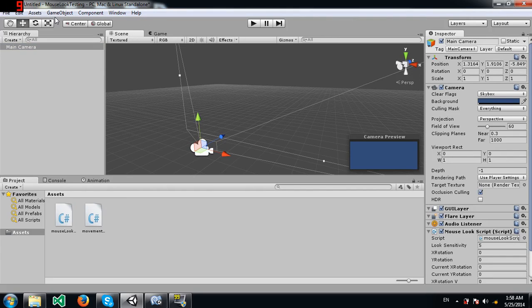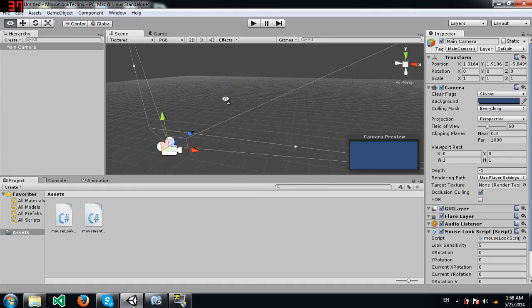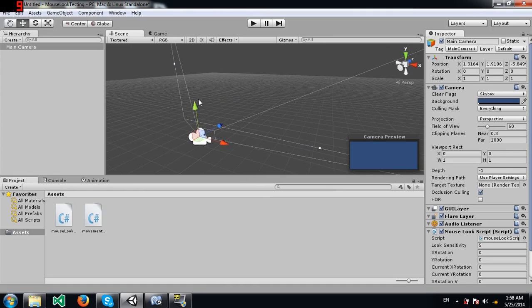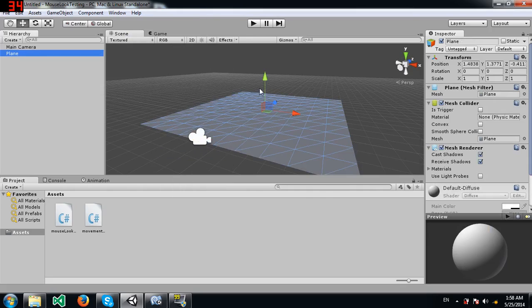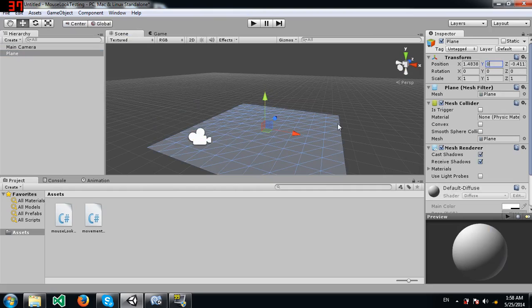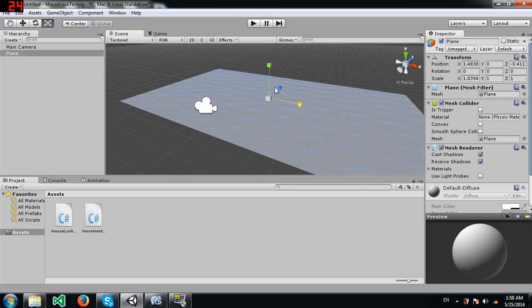I created this project, by the way, in 3D setup. Yeah, it's got defaults for 3D, not 2D, because, well, FPS. So yeah, we are going to start by creating a plane. This is the surface that our character is going to walk on. Just make it big enough,